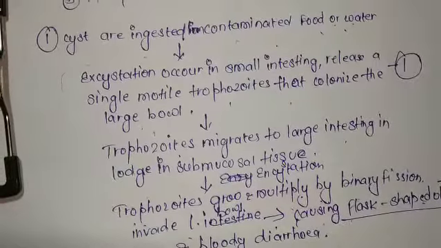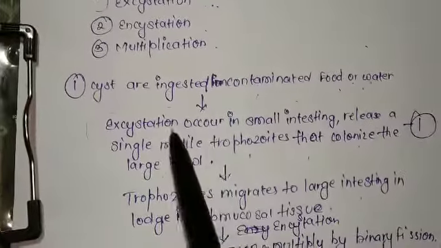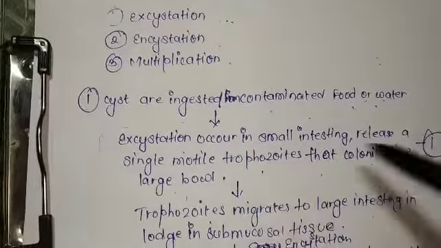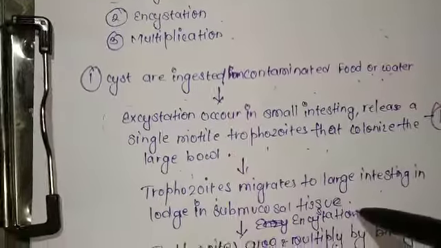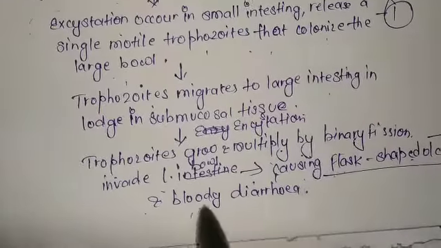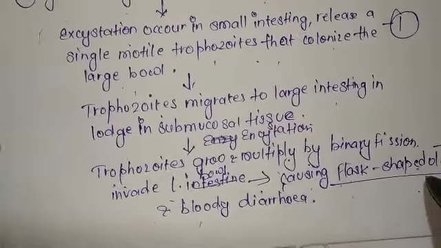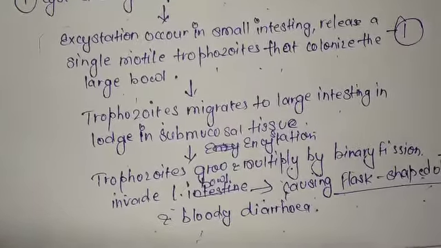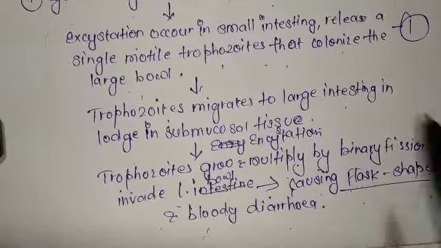In this way, after the cyst is ingested into the body, it excysts, then encysts, then multiplies, and then it causes the person to suffer from a flask-shaped ulcer and bloody diarrhea. Following this, 90% of people are asymptomatic,